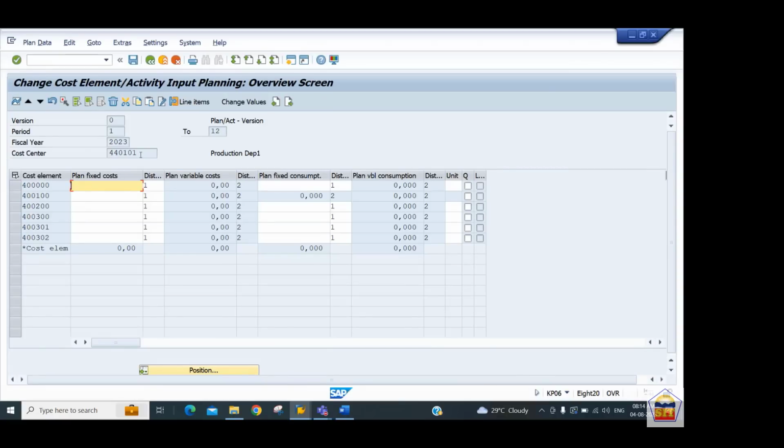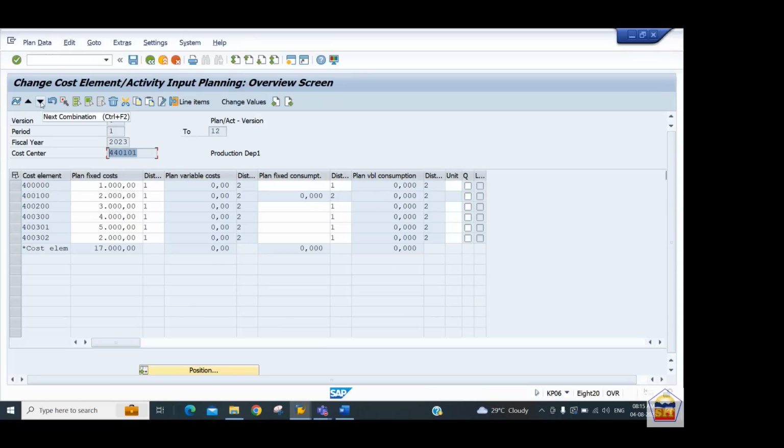Now you can just see for this cost center 101 across all these elements. What are the plan values you want to enter? So let's have the plan value 1000, 2000. This is a random value I'm just entering for the variance purpose so that we can see some variance: 5000, 2000. So these are the planned values we have for the combination of cost center 440101 and across all these elements. And again, we need to give the same kind of planned value for the other